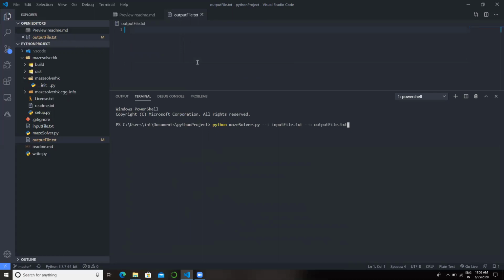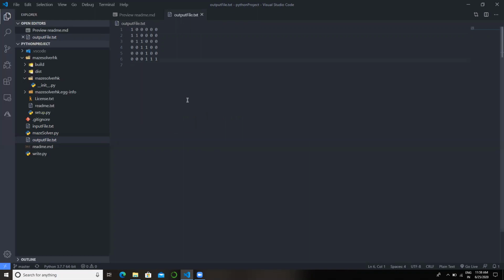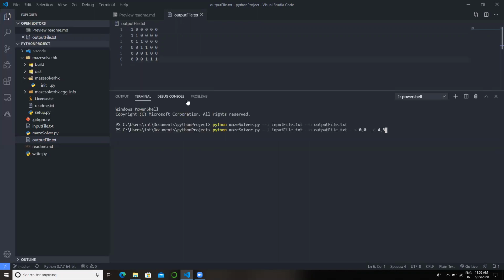When I run this command, we have the default value set as the starting row of the starting column as source, and the destination as the last row of the last column. So yeah, a path exists, and we have a single path written over here with the shortest distance. Or I want to find the path from 0, 0 to 4, 3.